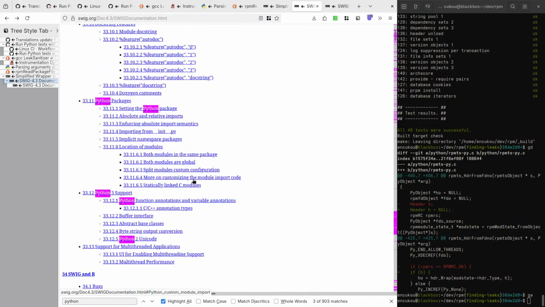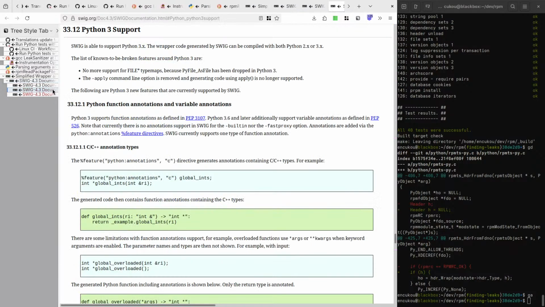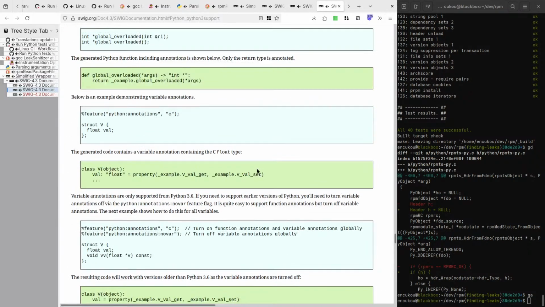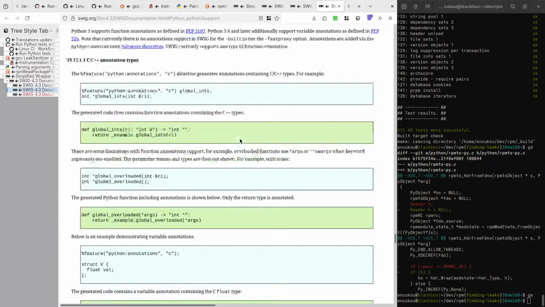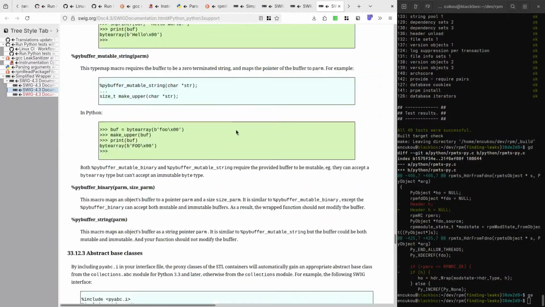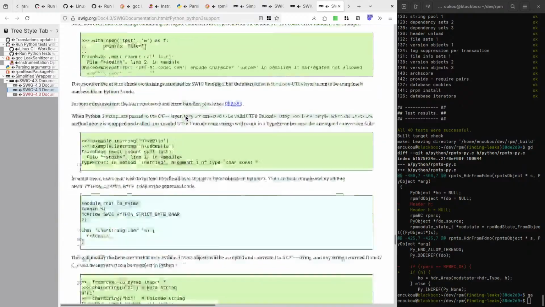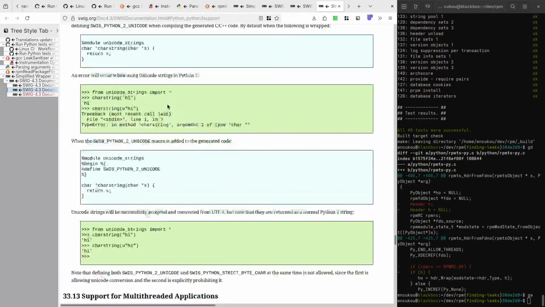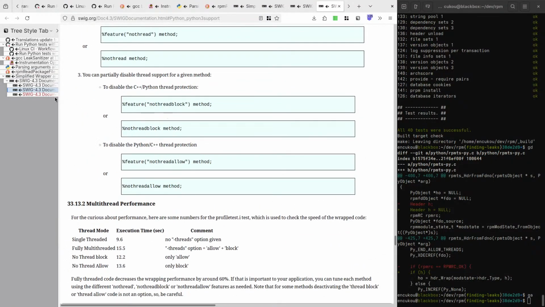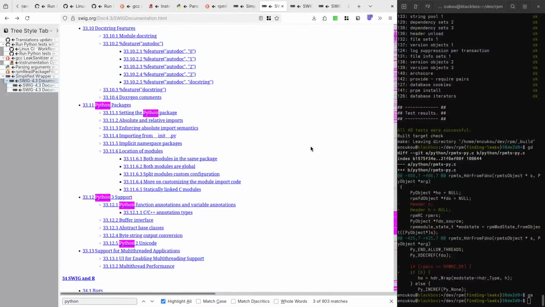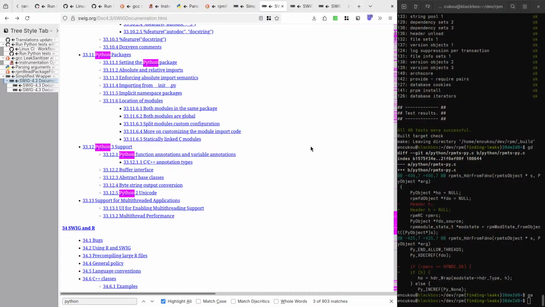It looks like it uses Swig. How does the thing work? You might need a very recent Swig.